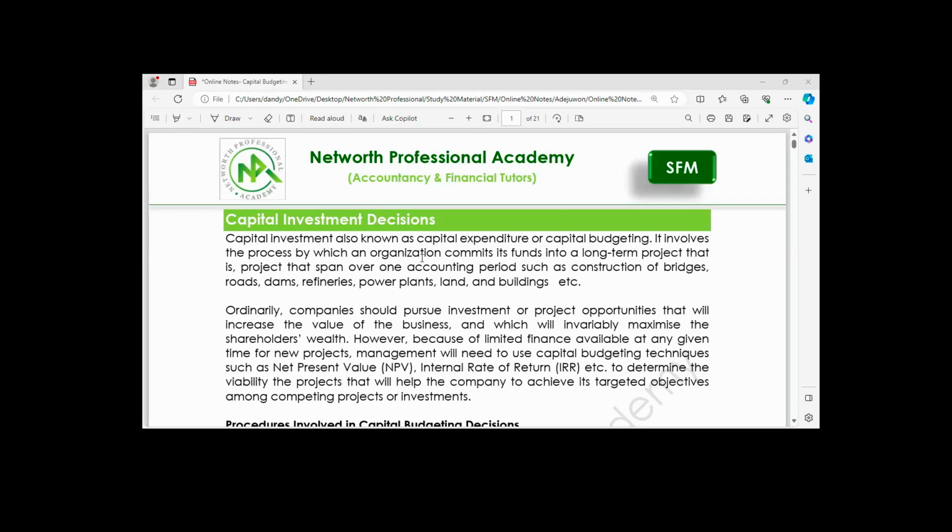There are a whole lot of activities that will go into that, but I don't want to go too much into details. The issue is that once an opportunity has been identified, there will be need for the company